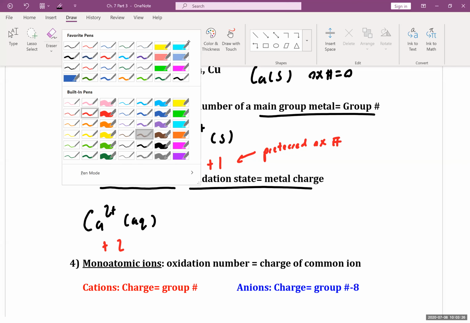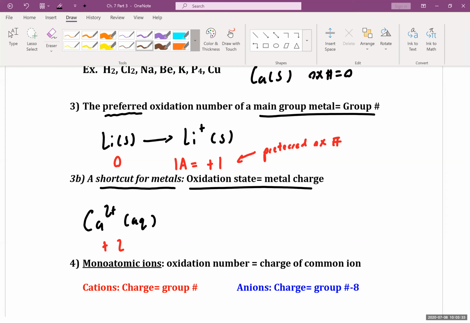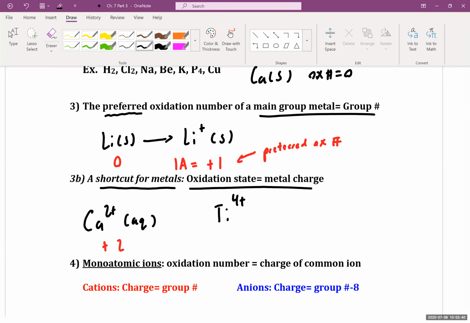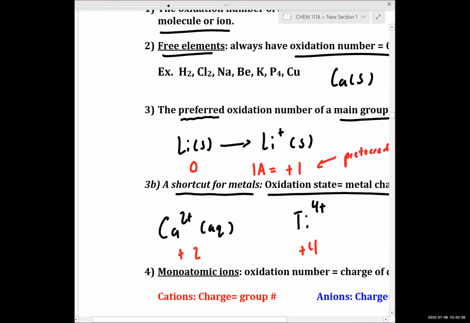By the same token, if we had, for example, whoops, that's not the right color, one moment. For example, if we have titanium 4+, what is the oxidation number of titanium? Yep, +4. Perfect. So continuing on with this idea,